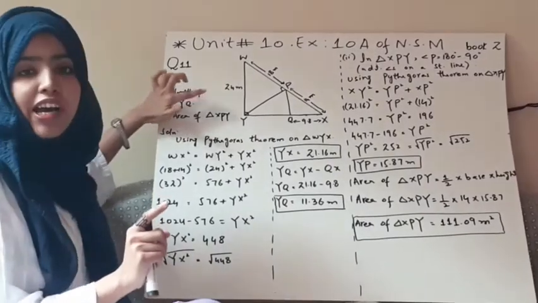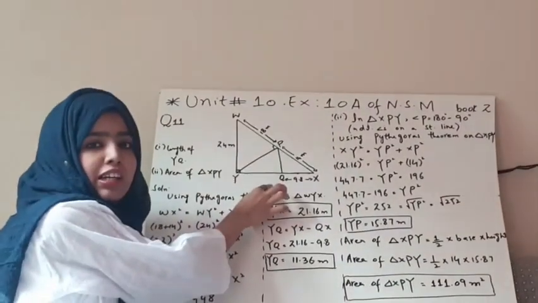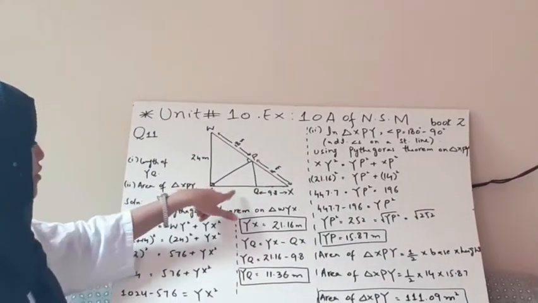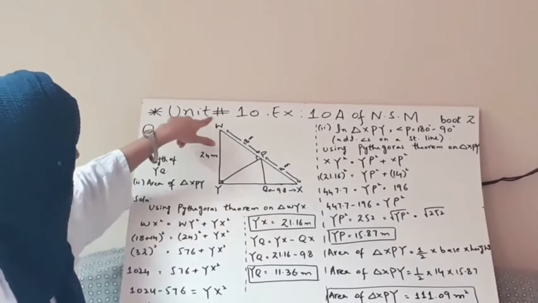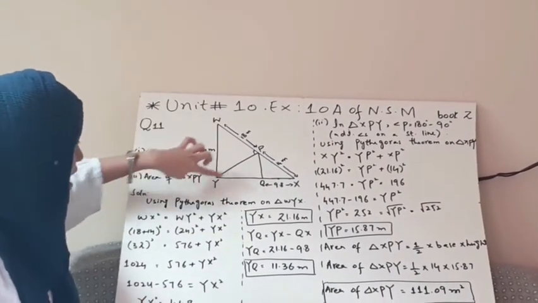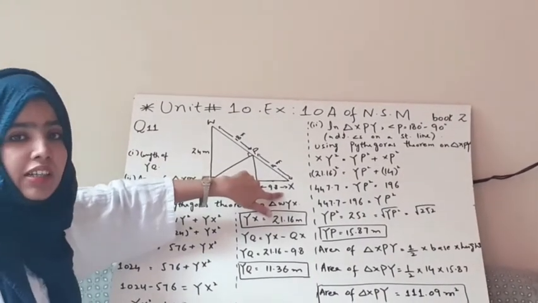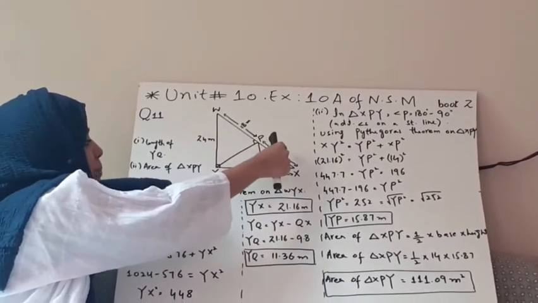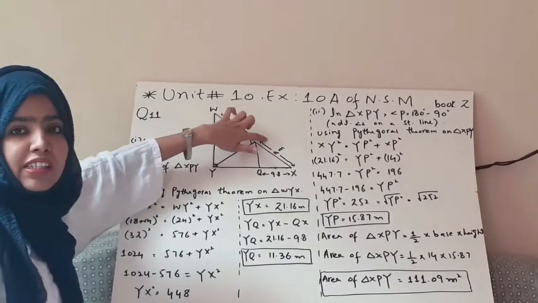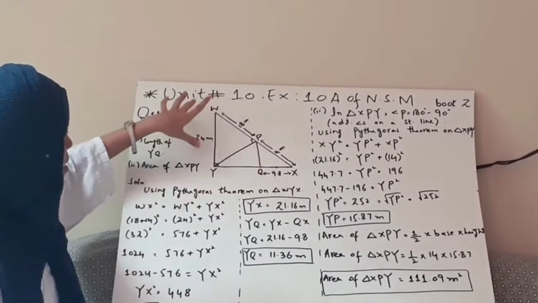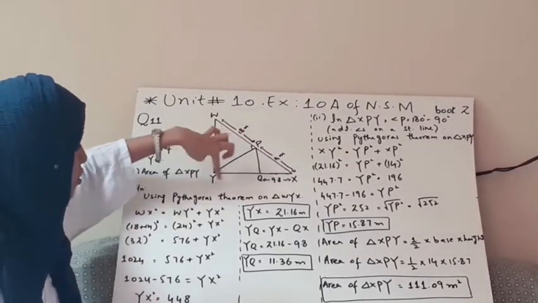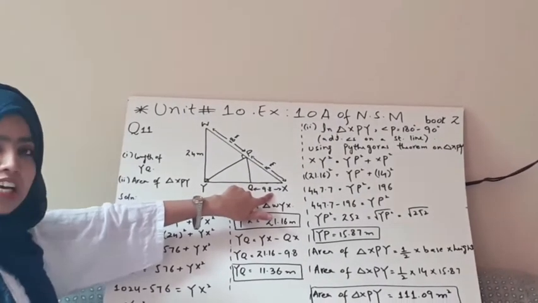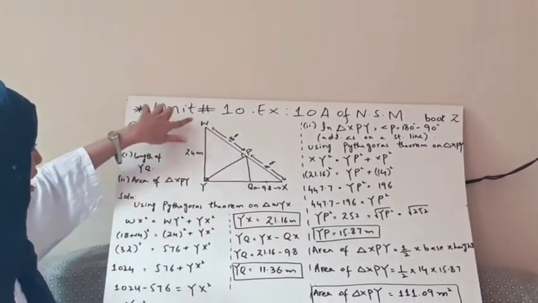First, we have to deal with the first part. They are asking for the length of YQ. You can see in this figure clearly, we need to find this length YQ. For this, if we take triangle WYX, in which Y is at 90 degrees, the hypotenuse is given, which is 18 meter plus 14, the side opposite to the right angle. Hypotenuse is given, perpendicular is given, and we can find YX because we are given QX only. So we can find it by taking triangle WYX.